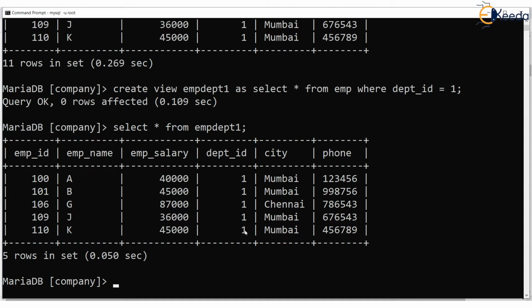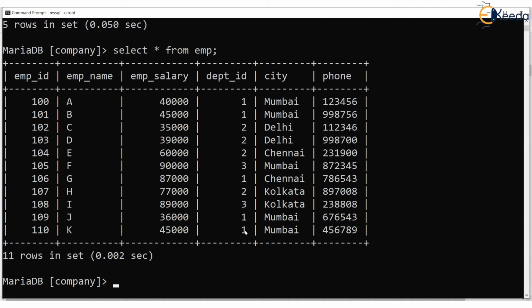Let's see our EMP table again, the parent table. Select star from EMP. Now let's do some changes over here. We will change the salary of employee number 100 from 40,000 to, let's say, 55,000. So how do you do that?